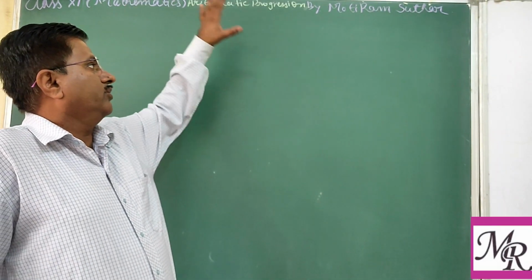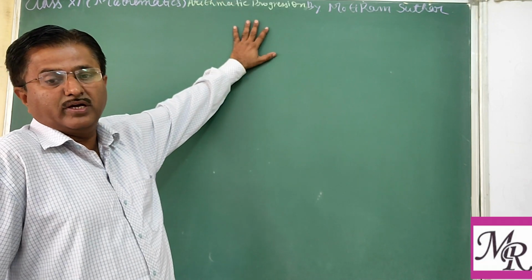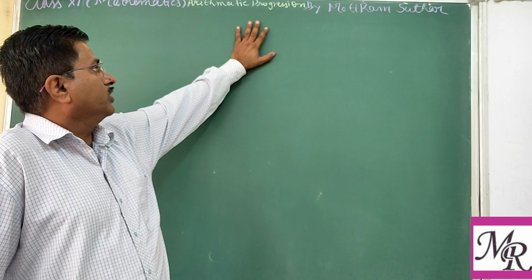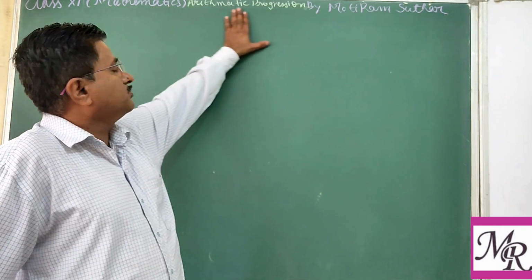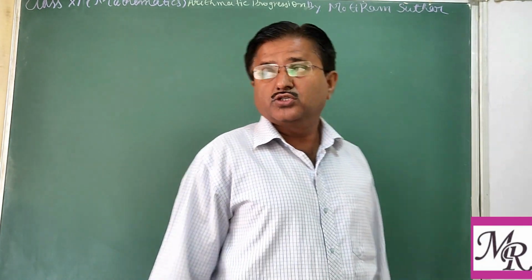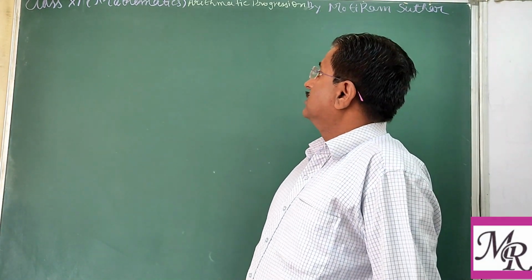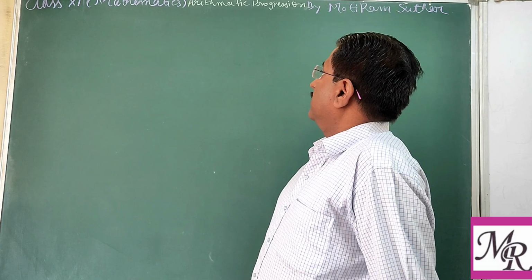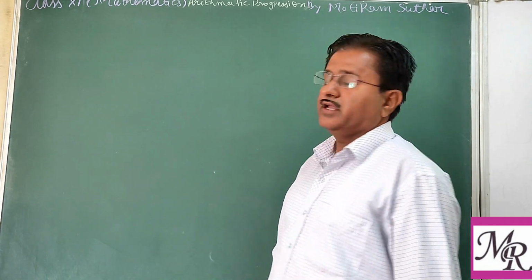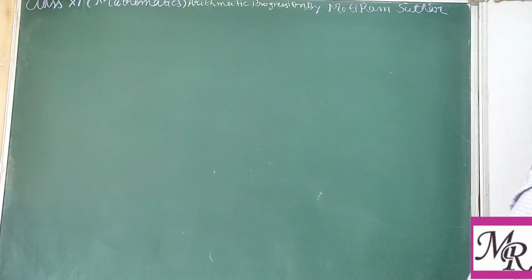In the previous video you already saw the meaning of sequence and series. Then we saw the meaning of progression. So here we take a special type of progression, that is the arithmetic progression. In today's video we see how to define the arithmetic progression, what properties it possesses, and we also see how to find its nth term and the sum to n terms of the AP.